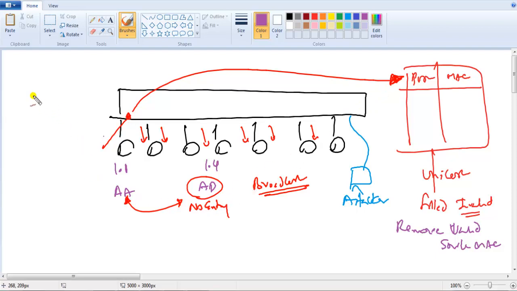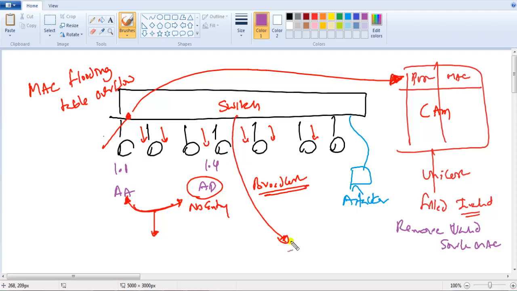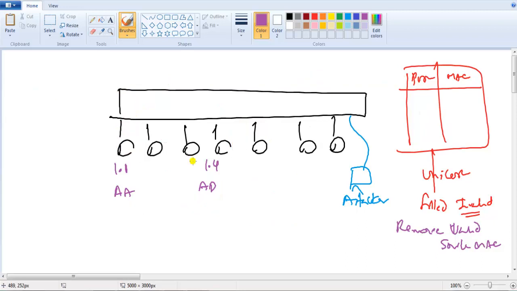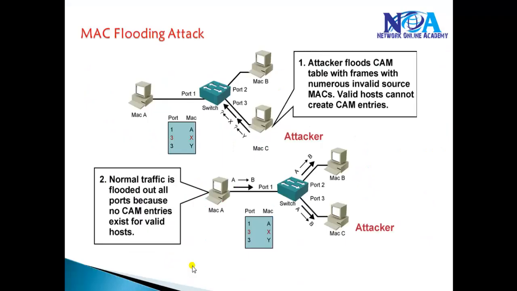Now you can see this kind of attack we call a MAC table overflow attack or MAC flooding attack. MAC flooding, or we can also say MAC table overflow attack, is where the attacker sends numerous invalid MAC addresses, and your CAM table will be filled with all those invalid MAC addresses, where the valid users are not going to make an entry, and they are going to work based on the broadcast. Now typically switches will do unicast, but now it's going to work like a hub, where each and every packet coming from a valid user will be broadcasted to all the ports automatically. Now we call this a MAC flooding attack.